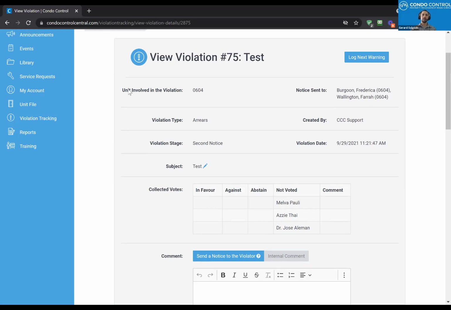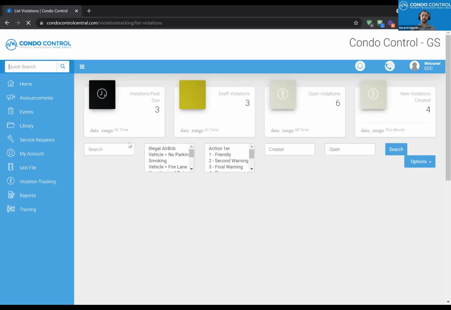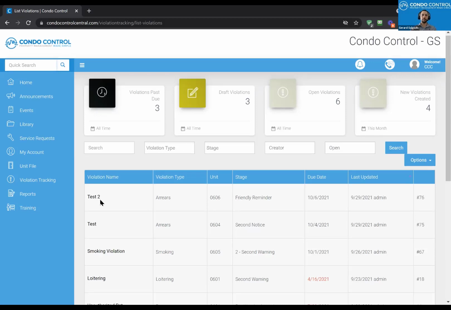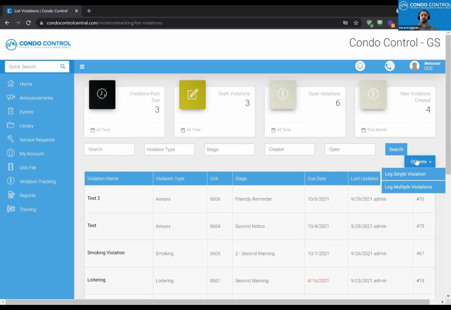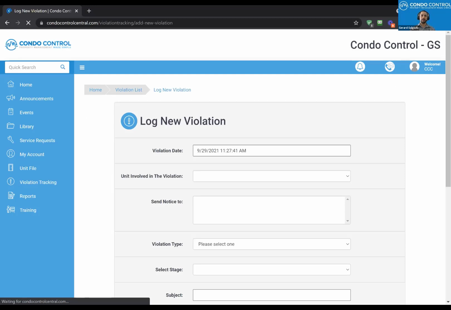Now, there's a fair question that I often get: oh, but maybe I don't remember which violations are in the first stage and I have to do a second one. Maybe someone else did the first stage, and so how will I know when to do the second stage? So that's a very fair question. So I'll show you. Okay, so here I'm going to